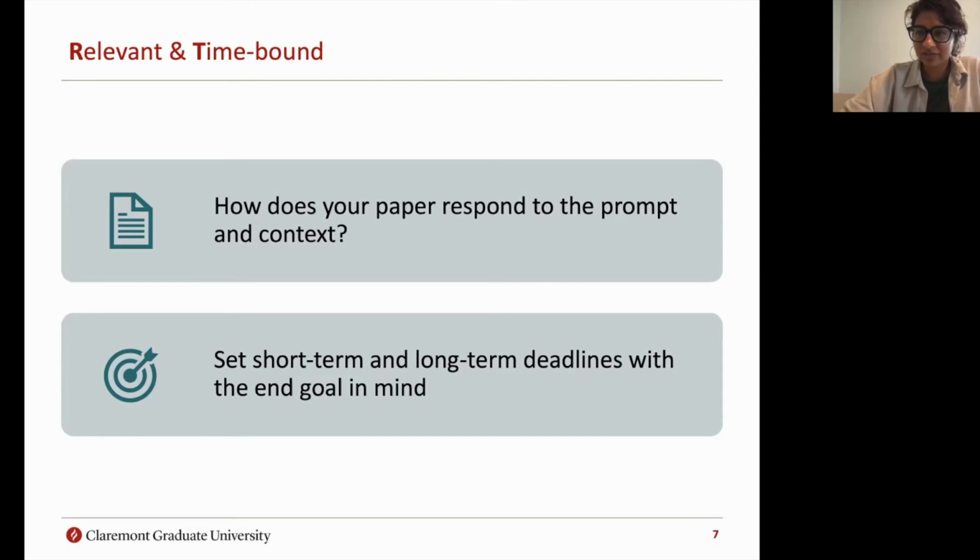So thinking about the timing, that goes into the long-term deadlines that you have set by either your committee or your professor. That can be mid-semester or even longer than that, as well as setting up some short-term deadlines for yourself in terms of the components of your paper and when you want to accomplish those forms of your paper. And timing also goes into the more specific quantifiable components as well.